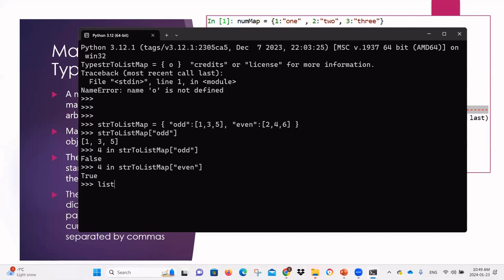So if we have a list to string map, so I wanted the opposite of that. So string. First of all, it's not going to allow me, but I'm going to try it anyways,